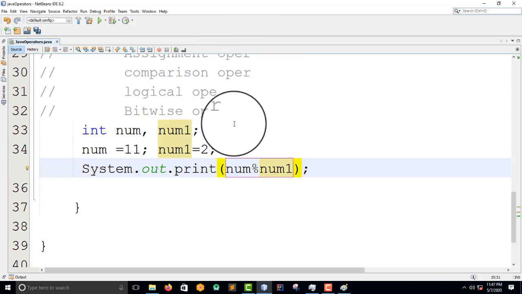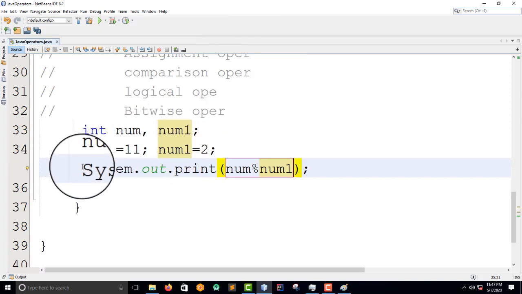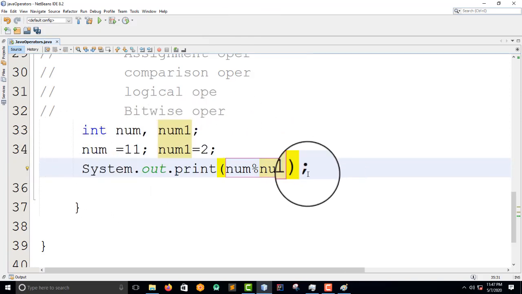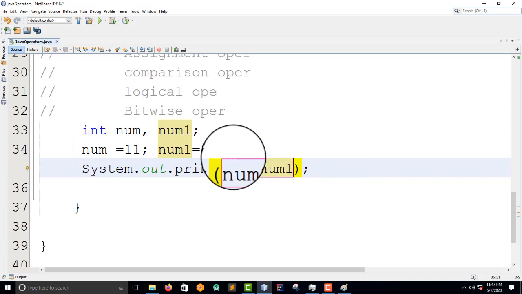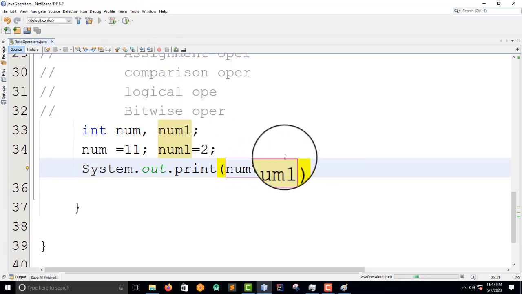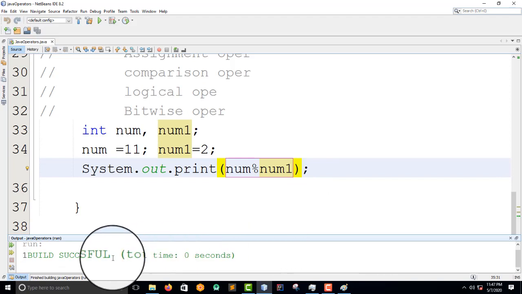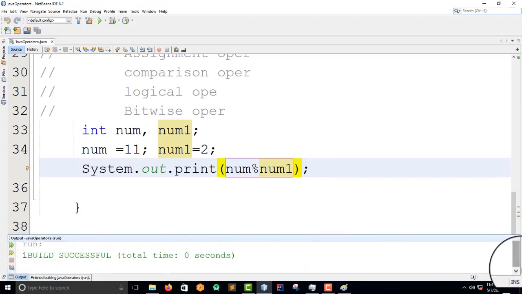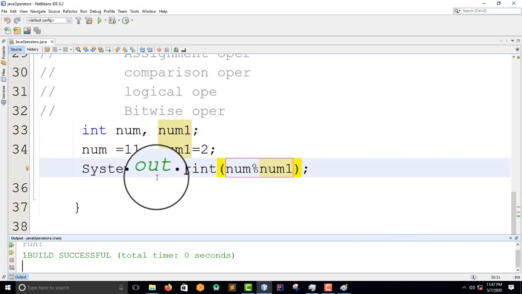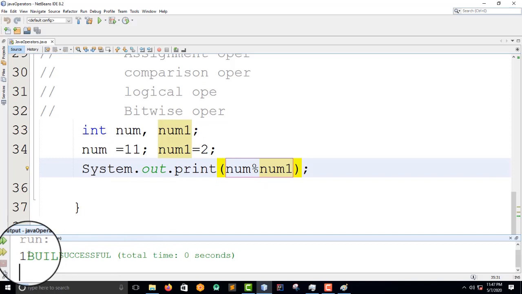So guys, I just declared the variables and then I assigned them. Now I'm doing the modulus and we will see what we have on the console. So let me run it. We have 1. So guys, I said that the modulus is actually the remainder. So if you divide 11 by 2, what will you have? So you have a remainder of 1.